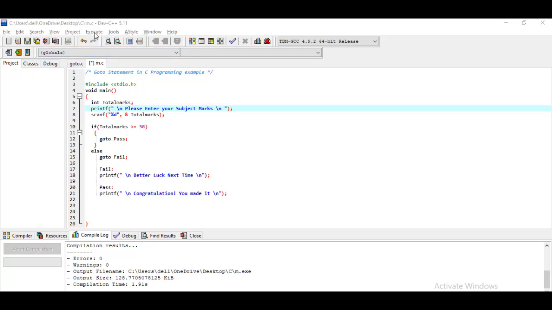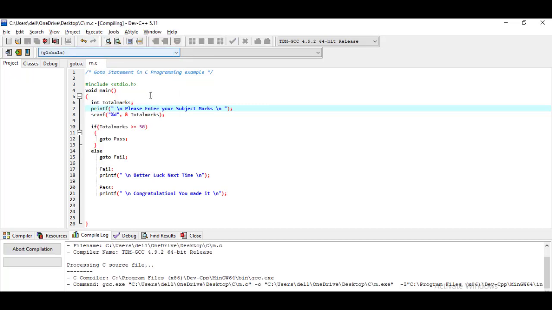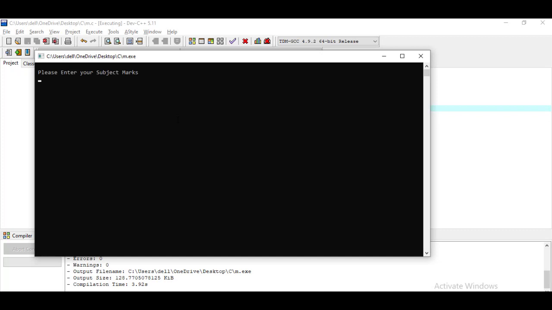In order to execute this program, go to the Execute menu, then choose Compile and Run. You see it asks to please enter your subject marks. Here I enter the marks 85, and it displays the message congratulations you made it.